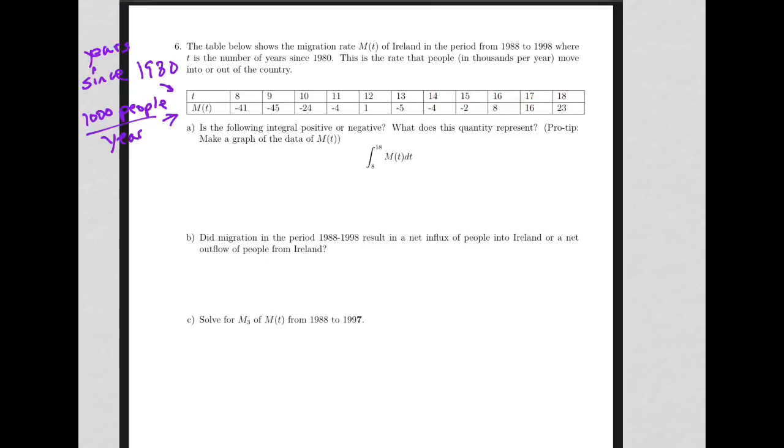Sometimes there's skips. And so we're going down 41,000. We're going down 45,000. We're going down 24,000. We're going down 4,000. Going up 1,000. Going down 5,000. Going down 4,000. Going down 2,000. Up 8,000. Up 16,000. Up 23,000. So if we look, we have, and actually I'm going to put this in here. I'm going to go to B, and I'm going to change the color to yellow. Okay, so if we look,